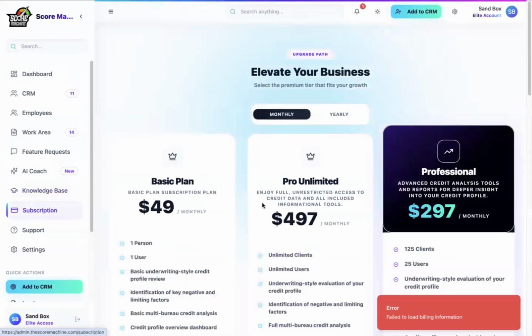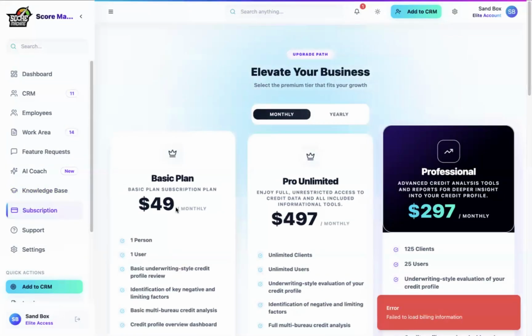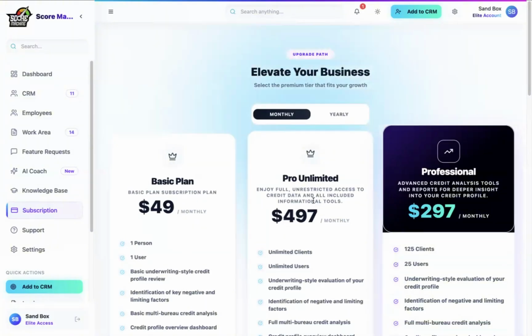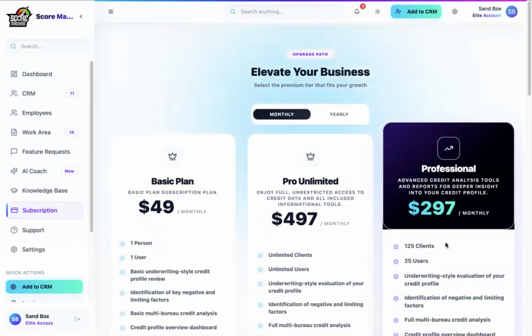Subscriptions. We have our subscriptions here. So we have our basic plan, which is $49 a month. It gives you access to import one person and only allows one user. Then we have our Pro Unlimited, which is $497, which gives you unlimited clients, unlimited users. The Professional tier or subscription is $297, which gives you access to 125 clients that you can import into the software and